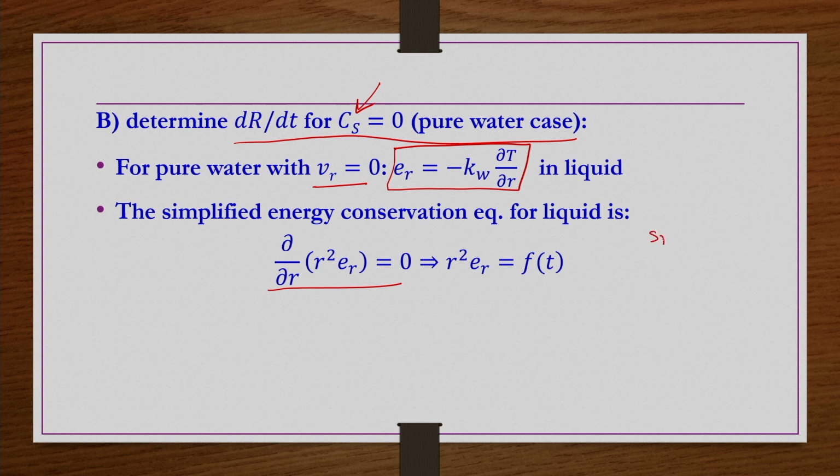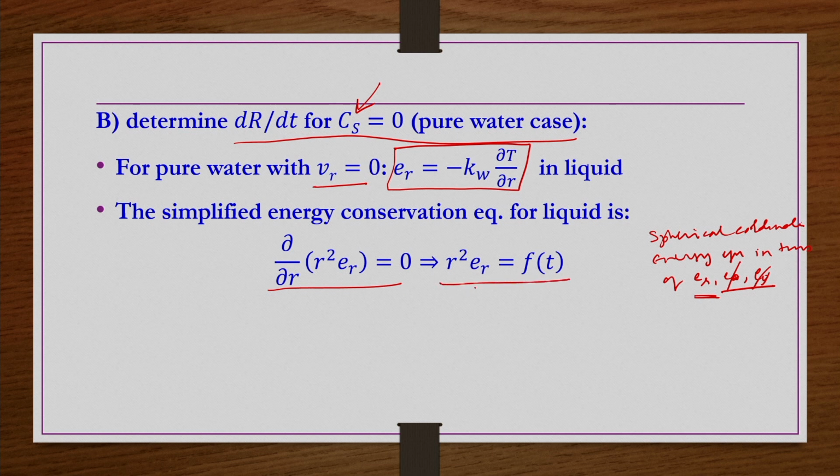In spherical coordinates, you write the energy equation in terms of the E quantities, that is Er, E theta, E phi. E theta and E phi are anyway not there, and the Er terms only vary in the r direction, and also only conduction terms are there. Convection terms are not there because Vr is 0. Right, so we get d by dr of (r squared Er) equals 0.